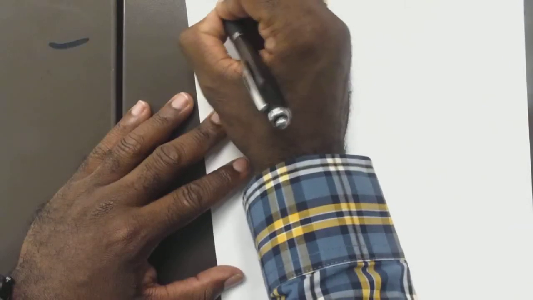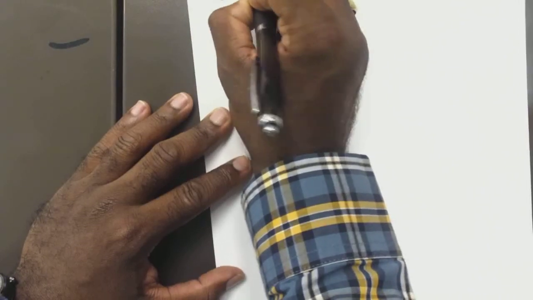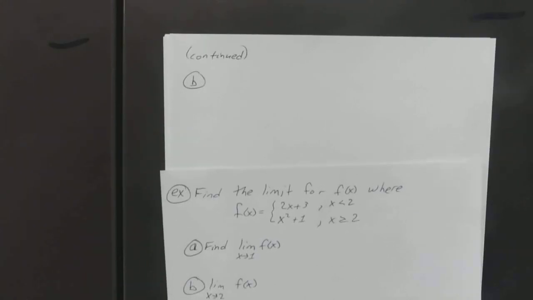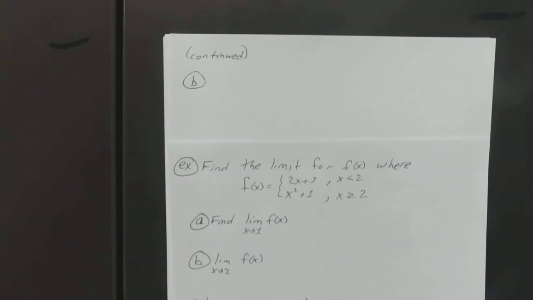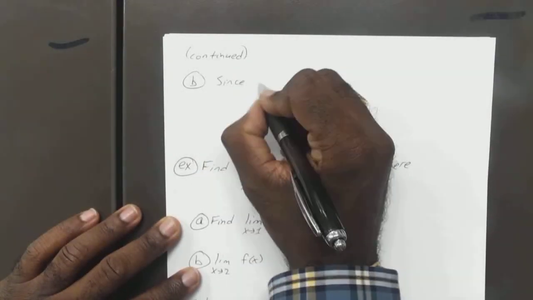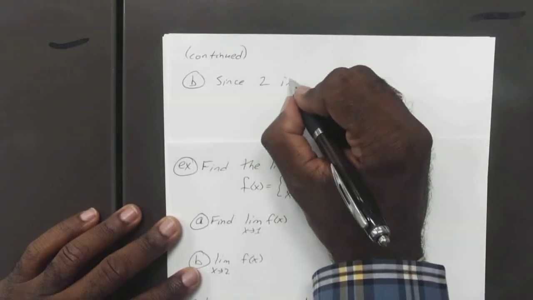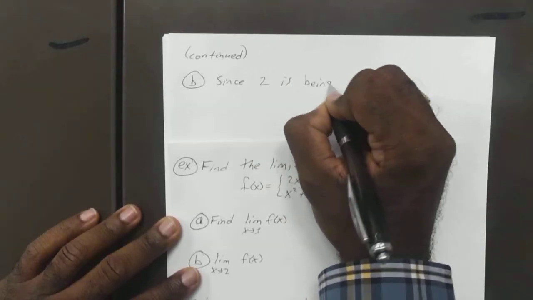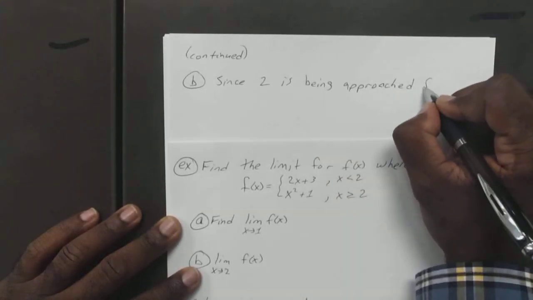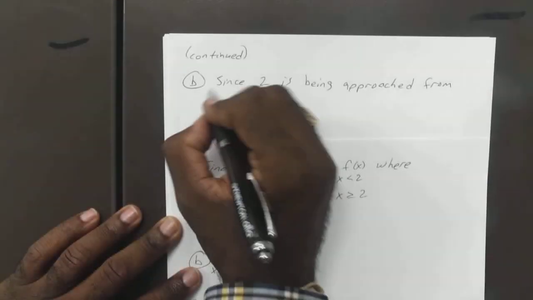All right, anybody got that? Yeah. All right. Okay, so we'll go ahead and finish B. Let me bring that down a little bit. I'll put that right underneath it. Okay, so for B, since 2 is being approached from the left and right,